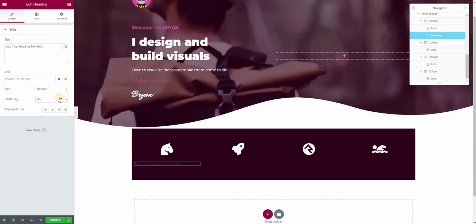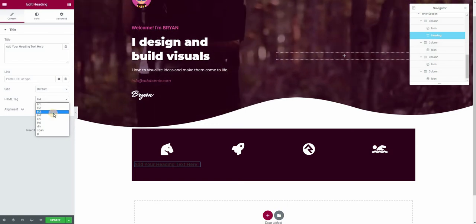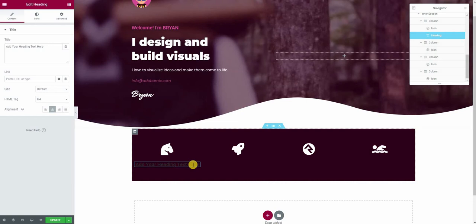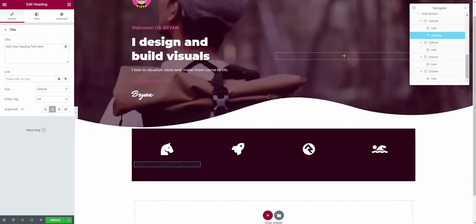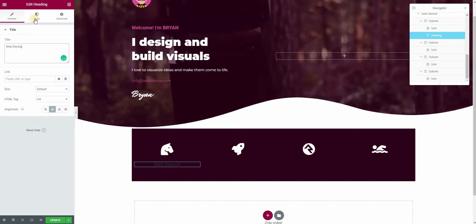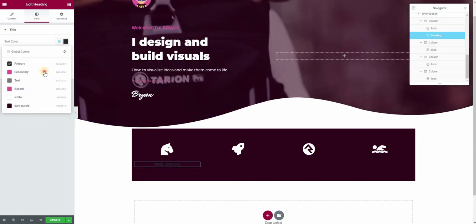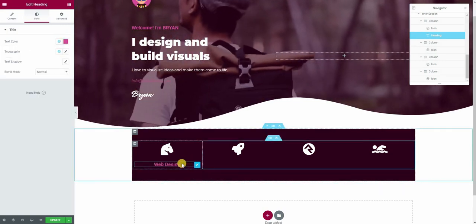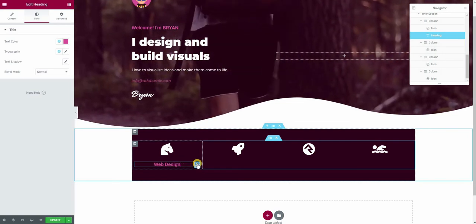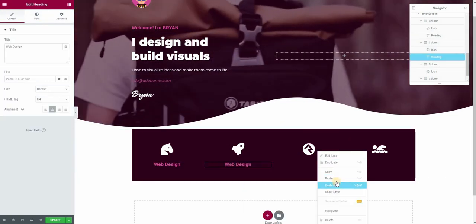So we're gonna use H6, actually H4. H4 needs to be in the center. We're gonna put web design, and we're gonna change the color to the accent color, secondary. Oops. Now what we're gonna do now is to copy, paste,